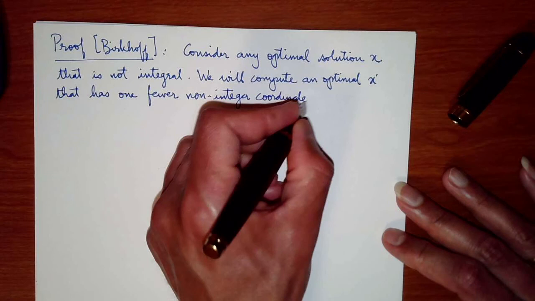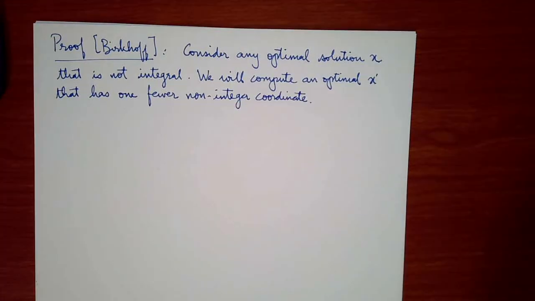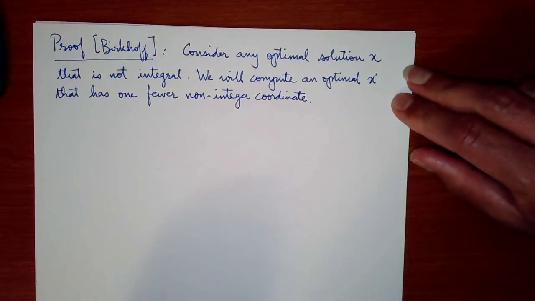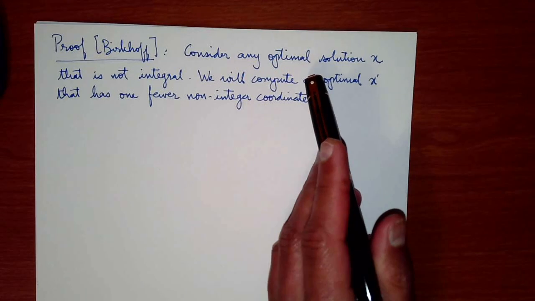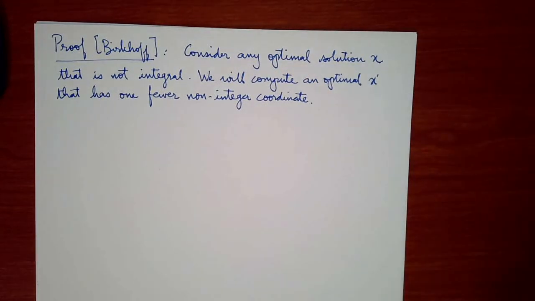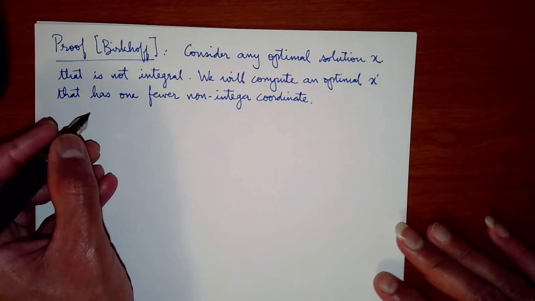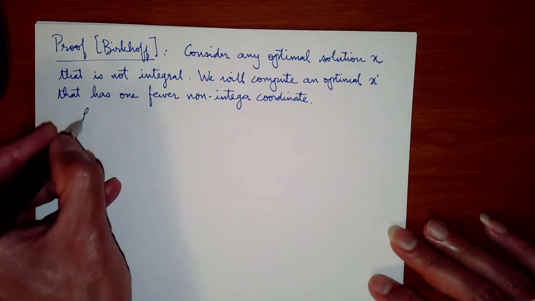I'll show you how to do this, then you can start from any optimal solution that is non-integral and keep reducing the number of non-integer coordinates until you end up at an integer solution. Okay, so the way I'm going to do this,